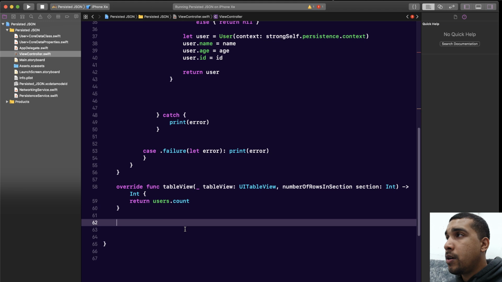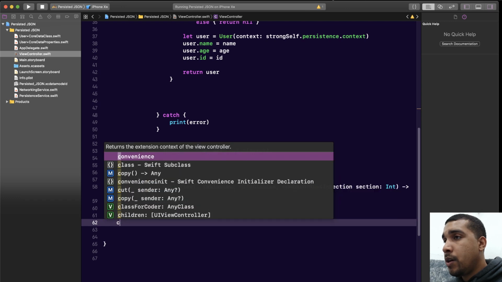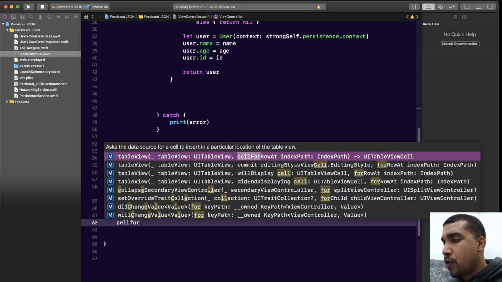And we're just gonna make this super simple. So cell for row,